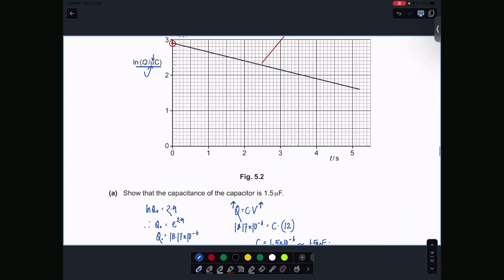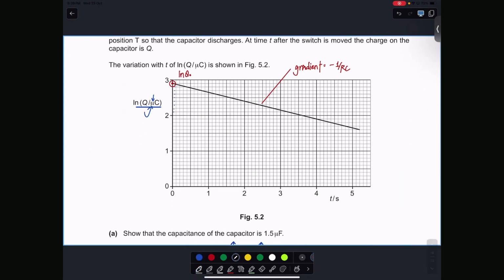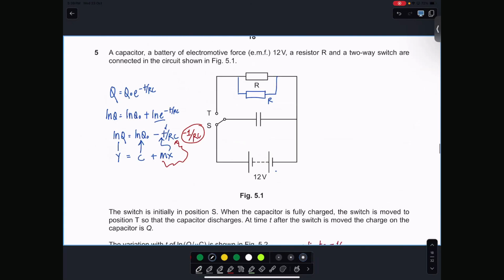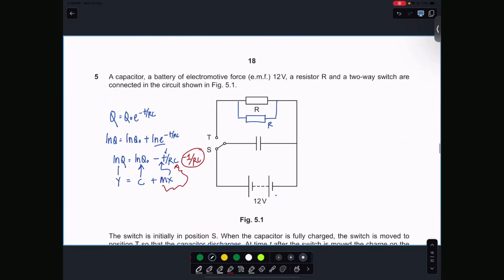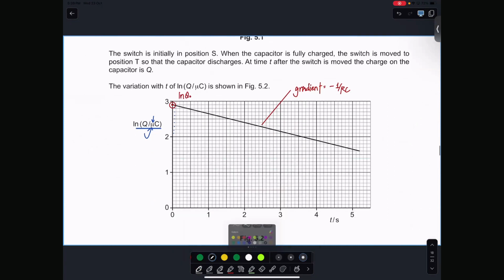Yeah, so basically they're asking how this line would look if you had how many resistors up there? Two of them, but in what combination? Parallel. What do you think? Would it start from a different location, or from the same location? The answer is it'll start from the same location, because you're using the same capacitor with the same battery. So shouldn't it store the same charge? In Q equals CV, my C is 1.5 and my V is 12. So shouldn't the Q be the same? So it starts from the same place.